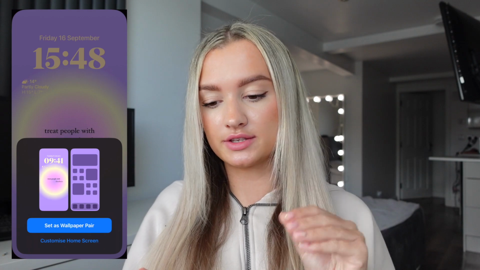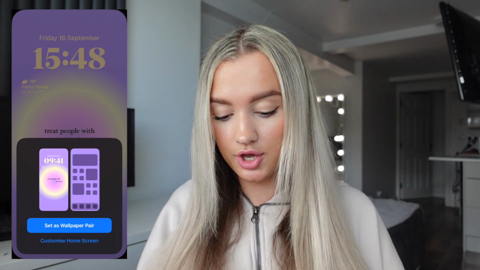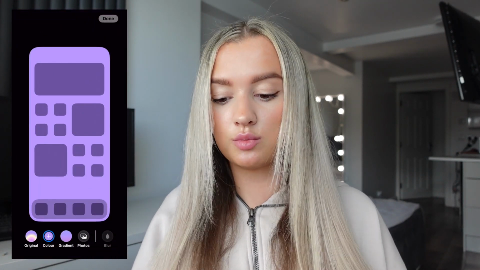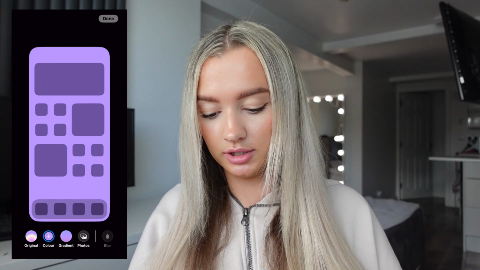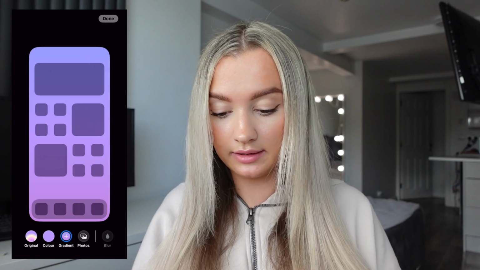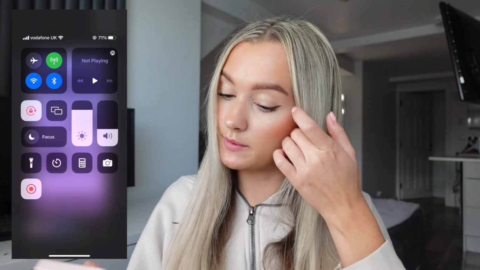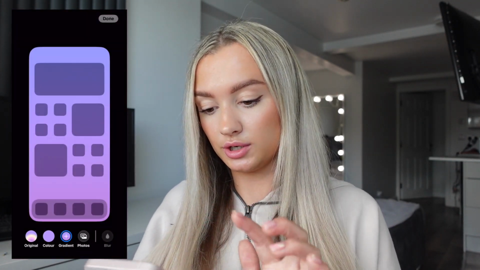And then I'm going to make my home screen widgets around this colour theme. I'm going to click customise home screen. And then I've just gone with that lilac background colour. I might use the gradient one actually. So you can choose between one colour or the gradient. So I'm just going to go with the gradient one, click done, and then I'm going to go onto my